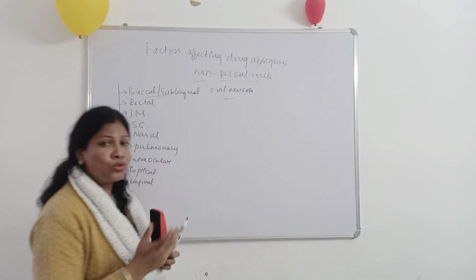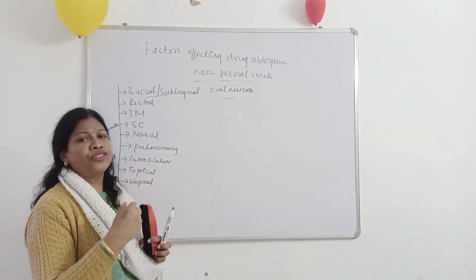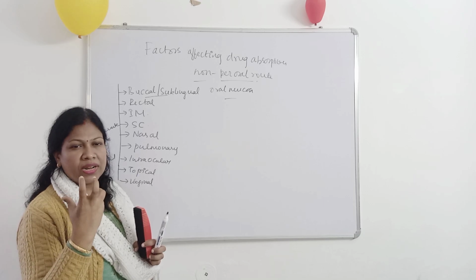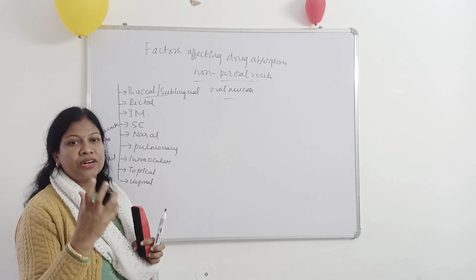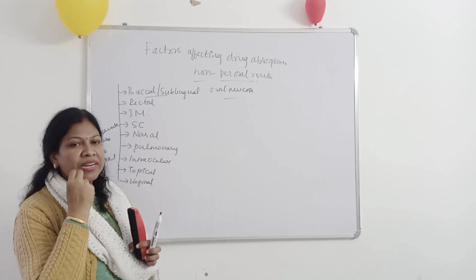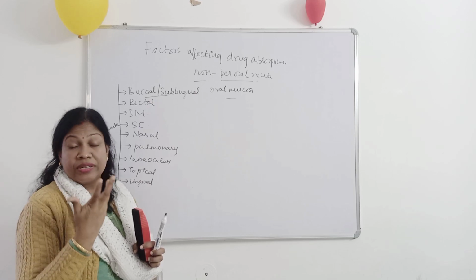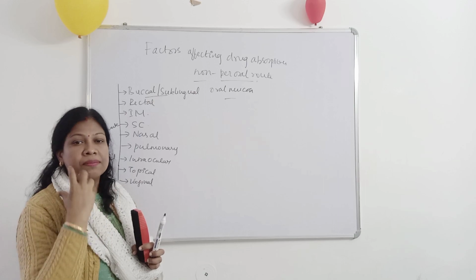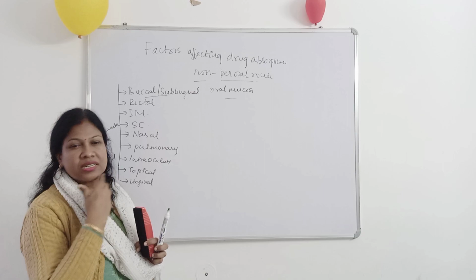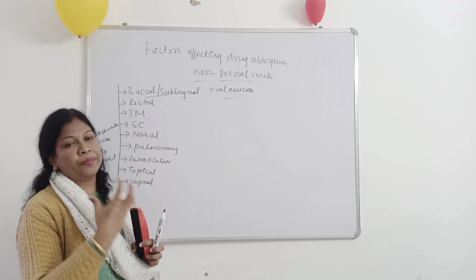Why has this route been preferred for drug administration? The reason is the oral mucosa is highly vascularized. What does vascularized mean? Blood flow. Blood flow is more throughout the oral mucosa. Immediately when you bite your tongue or your cheeks, you will have bleeding, because blood flow is more in the oral mucosa. Because of high vascularization in the oral cavity, and also because the epithelium has high permeability,